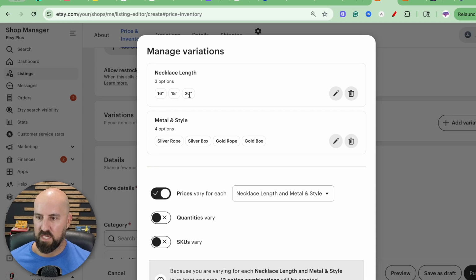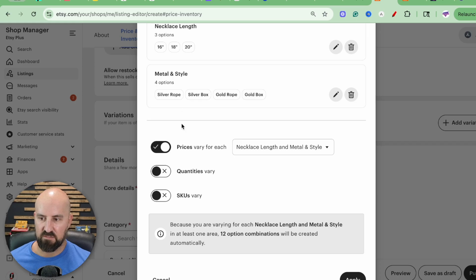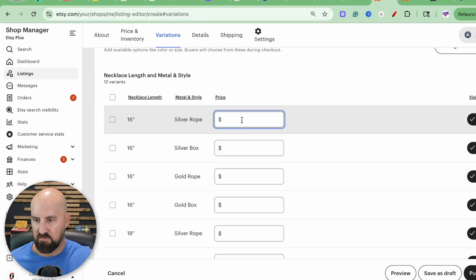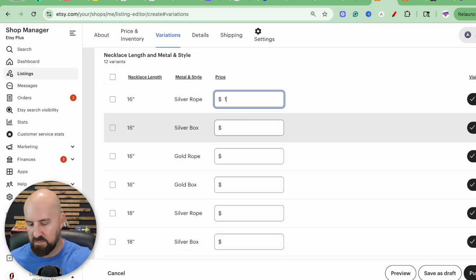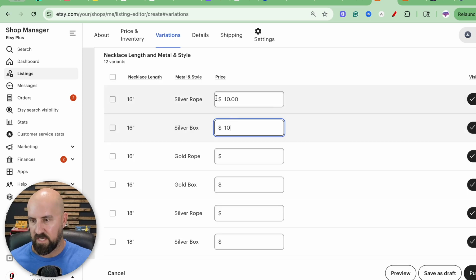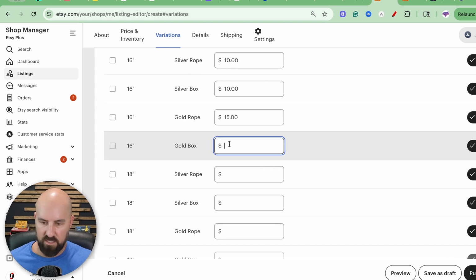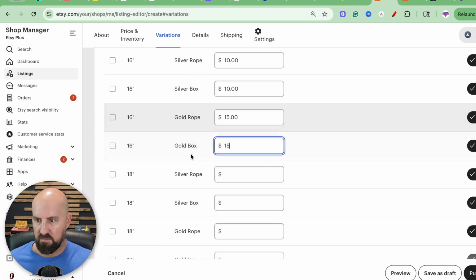sure a 20-inch gold necklace is going to be more expensive than a 20-inch silver necklace. So you're probably going to want to be able to do the different prices for each. So we're going to click apply, and then we're going to put in the prices. So maybe these are, I'm just throwing out prices here. So maybe the silver ones are $10, but then the gold ones are $15 here, because that's regardless of the